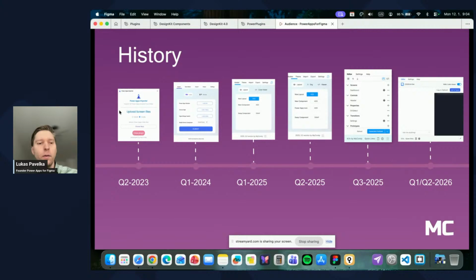This version was mainly coming from the JSON, and later YAML was presented from Power Apps. So this was the first version we created, and then I decided to make more, not only for the importing and exporting,